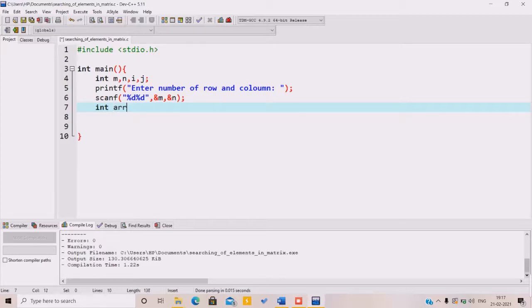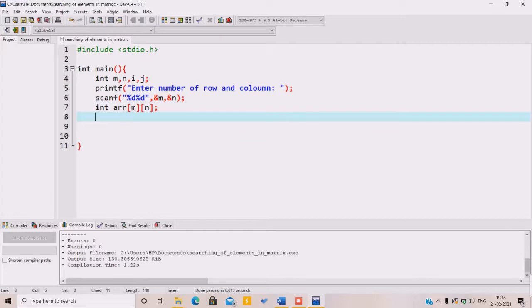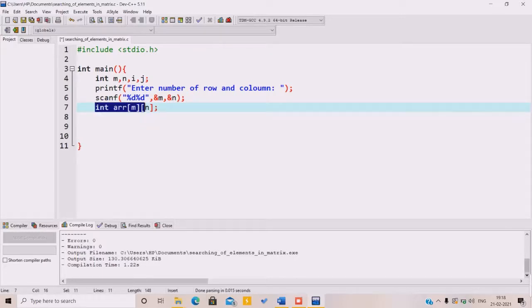I am going to use arr as the name of the array, with m the number of rows and n the number of columns. So we declare an array named arr with m rows and n columns.